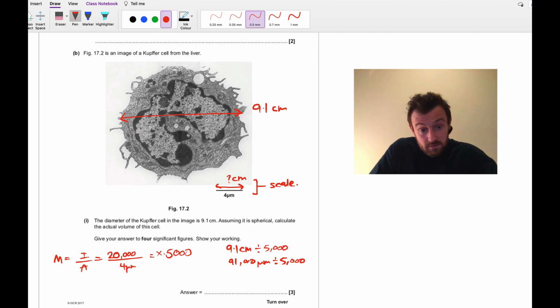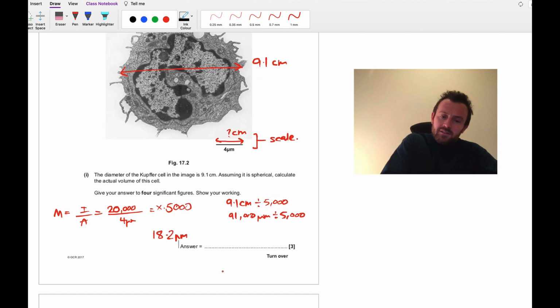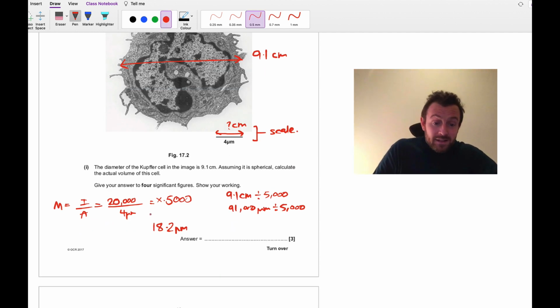So I'm saying that distance would be 18.2 micrometers. But then, this is hard actually. If that's the total diameter, I need to divide it by 2. So let's label this, it makes it much easier for the markers. Diameter equals 18.2. Therefore, radius equals half that, 9.1